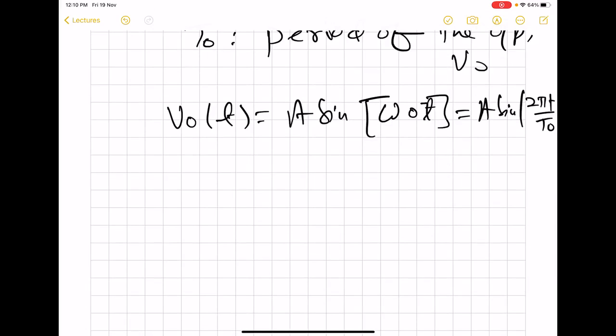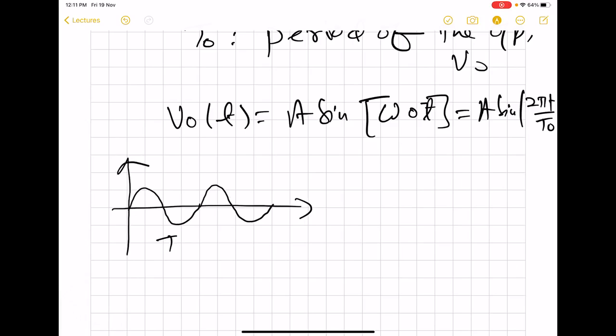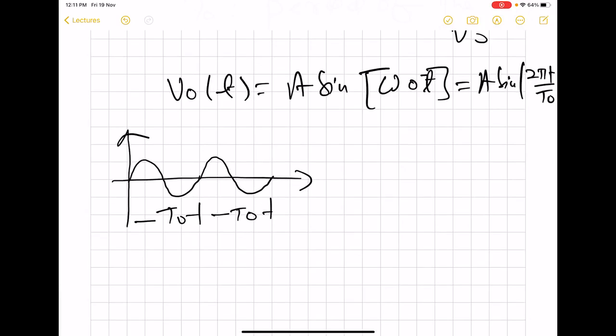If we see the plot of this waveform, then we are going to have this kind of scenario. Here we have shown two periods, and each of the cycles is going to be exactly T naught duration. Or to be more specific, it is going to take T naught amount of time to cover this